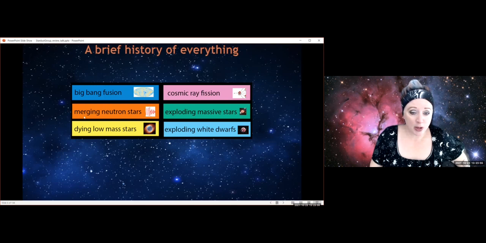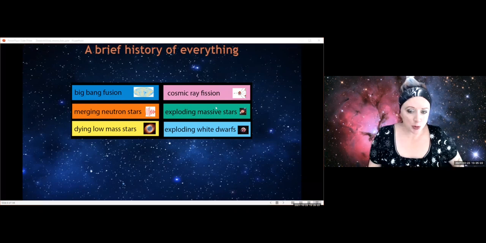A lot of it is made through exploding massive stars. This is what most people know about: as stars that form dust, most people think of elements as being made in supernovae, and this is usually thought of as being exploding massive stars. Actually, there are other routes to making elements. For instance, we have cosmic ray fission. This is where larger elements get broken apart by being hit by heavy things.